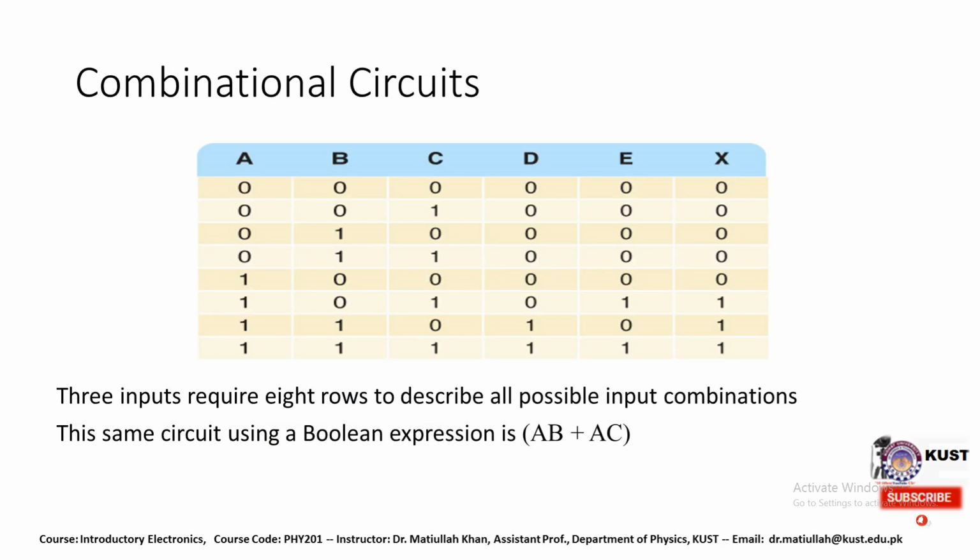So for combinational circuits, 3 inputs require 8 rows to describe all possible input combinations. Things become a bit complicated. The same circuit using a Boolean expression of AB plus AC: if you look at the truth table, we actually have 5 inputs, A, B, C, D, E, and a single output that is expressed here. In this way the combinational circuit has a complicated